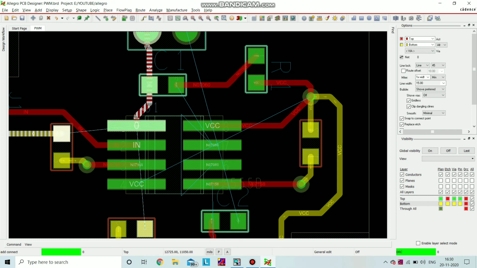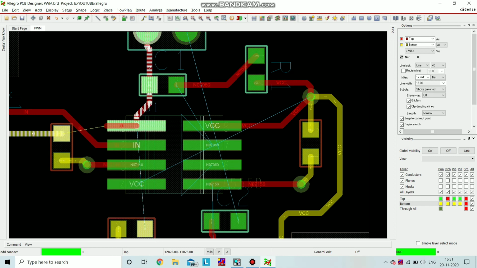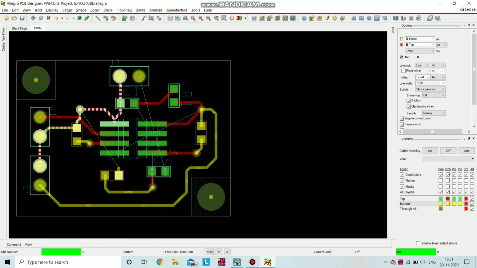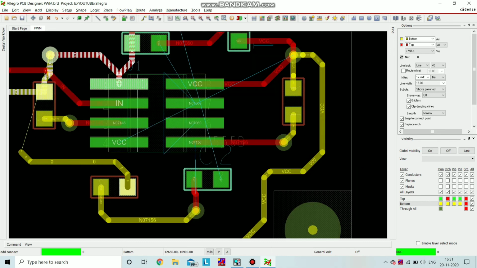So we have the remaining nets. The first pin of the timer is connecting to the resistor. Now I can't take this track, because a top track is going in between. So now I'm using a wire to connect this resistor. This yellow color is the bottom layer I am using.